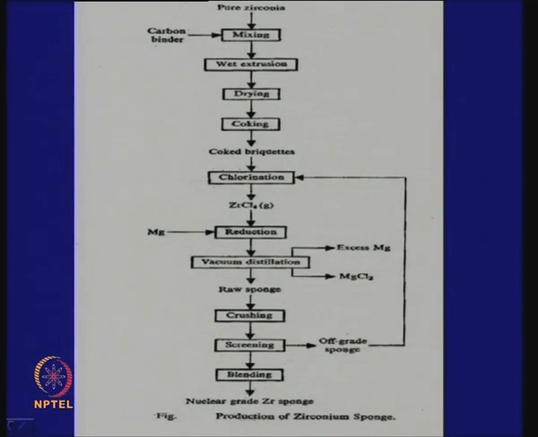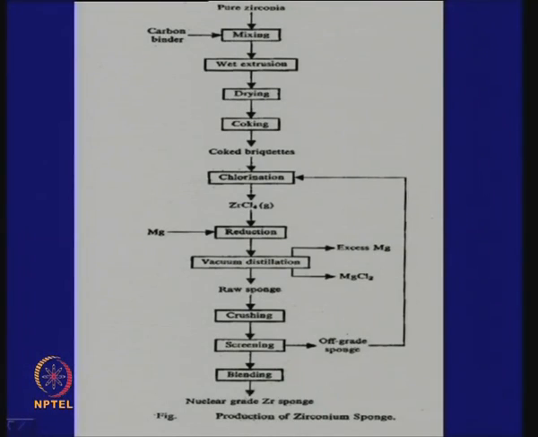It is called zirconium sponge because it will have a lot of holes like a sponge, and finally, it has to be consolidated. How do we produce this sponge? It is very simple. With a carbon binder, there will be wet extrusion, drying, coking, coked briquettes. So, essentially we are reducing by carbon